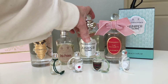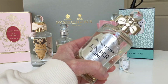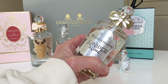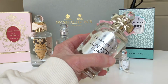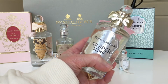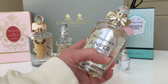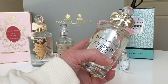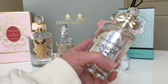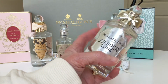All right, the third one here is Juniper Sling, and Juniper Sling was just a recent gift to my husband. It is a unisex scent, and I don't even think it leans more masculine. I think it goes really well with guys. So I bought it for him, and maybe I might sneak it every once in a while, but Juniper Sling is a woody fragrance, in my opinion, and the woodiness comes from juniper. So it's like a fresh burst of juniper, and then it is citrusy, and it smells like a gin and tonic. So it may not be described as woody by everybody, but I definitely get that sort of